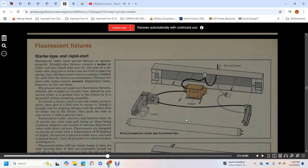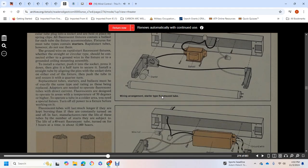However, rapid start fixtures do not use them. Ground wire: rapid start fluorescent fixtures, whether straight or circular type, should be connected with either the ground wire of the fixture or the ground ceiling mounting assembly. To install the starter, push into the socket, press it down with a half turn. To install the tube, line up the pins with the socket slots